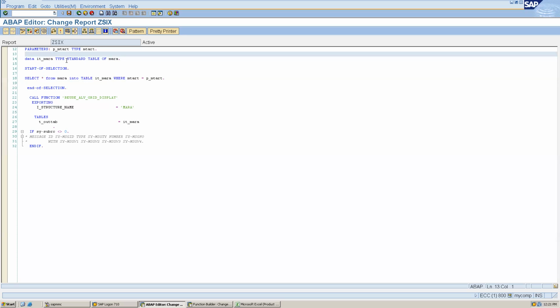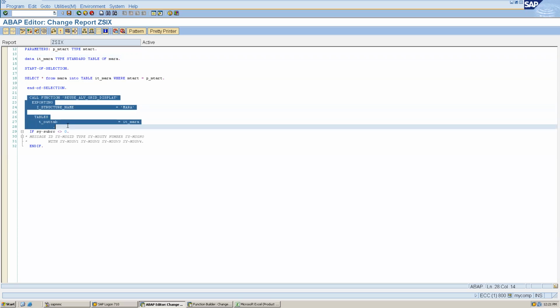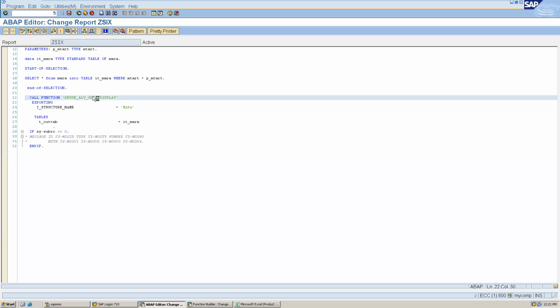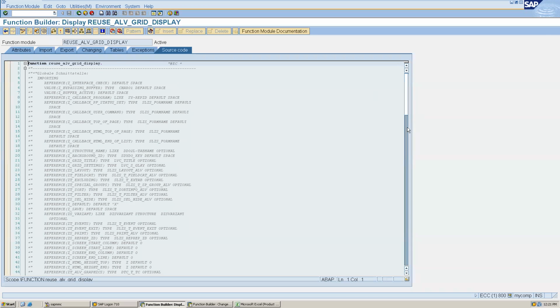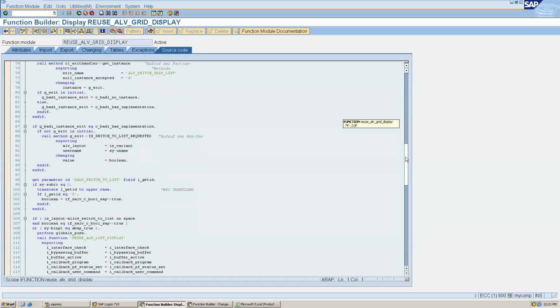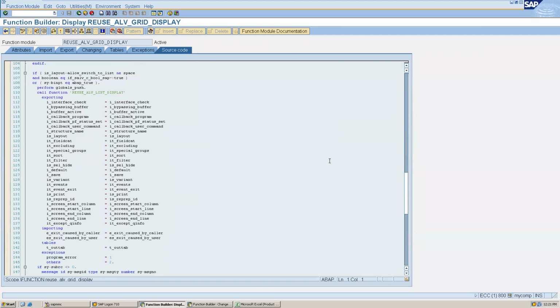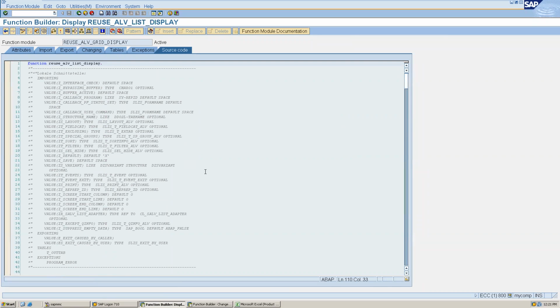So this is the smallest program for ALV. I have shown you this so that we can see the use of our function module. If we see this function module, it has so many lines of code, and inside it is calling something else, and if we go inside again, that is calling something.